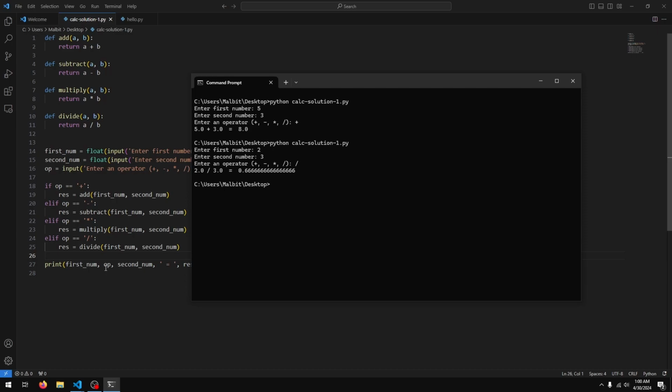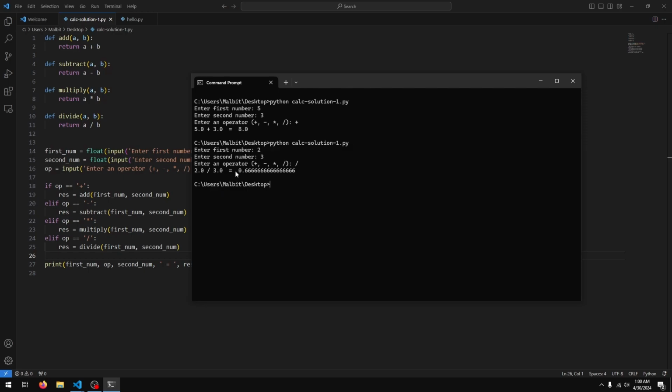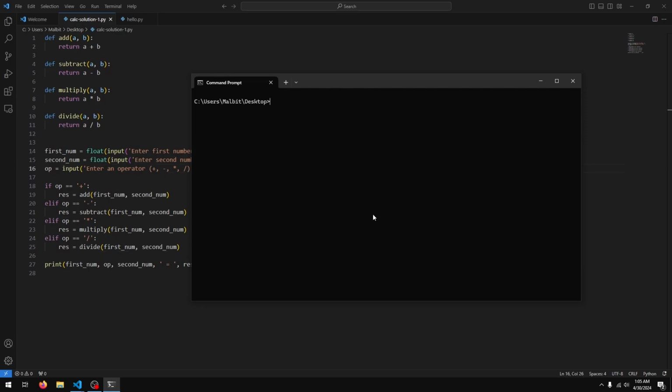The next challenge in this series is to make it so that the program keeps running until the user enters -1 for the operator. So if I run my script here, you can see it says enter an operator plus minus whatever or -1 to exit. I've also moved the operator to be the first thing that the program asks you for. So let's just enter plus, and it says enter first number 5, enter second number 3, and 5 plus 3